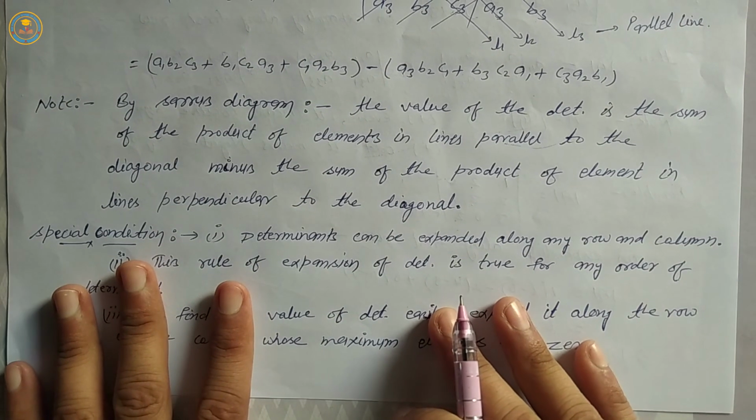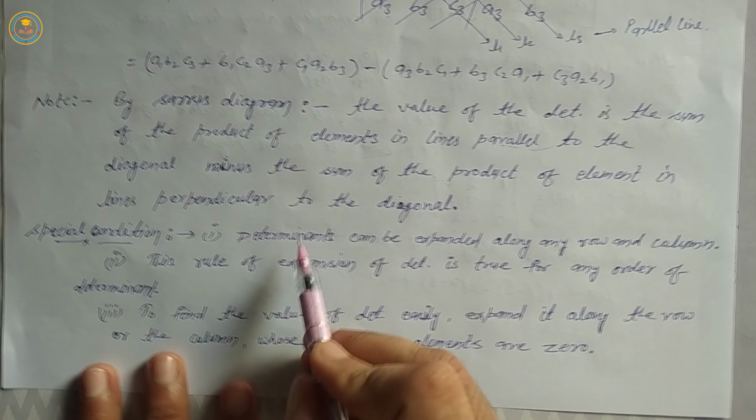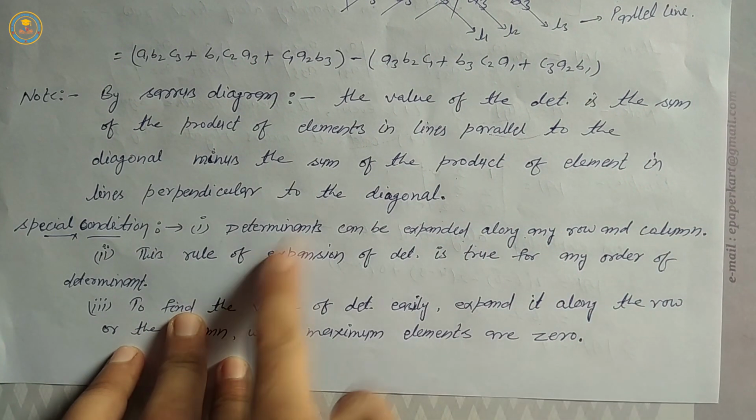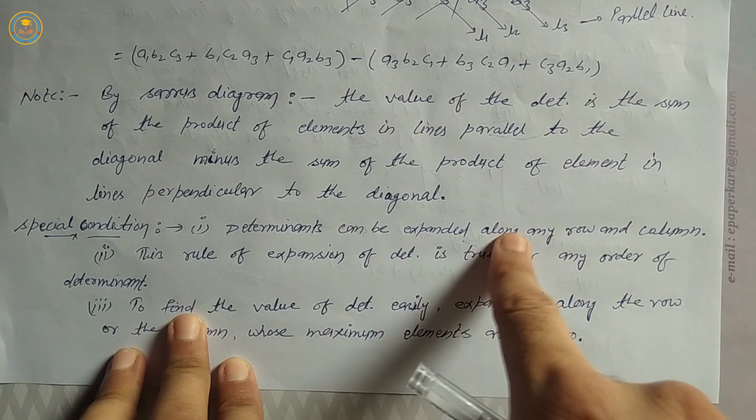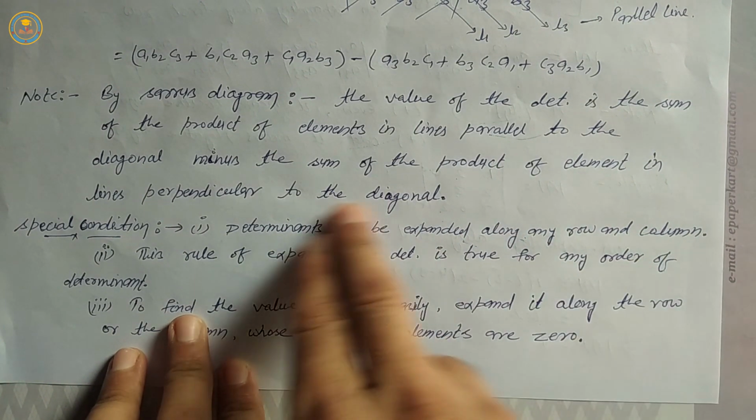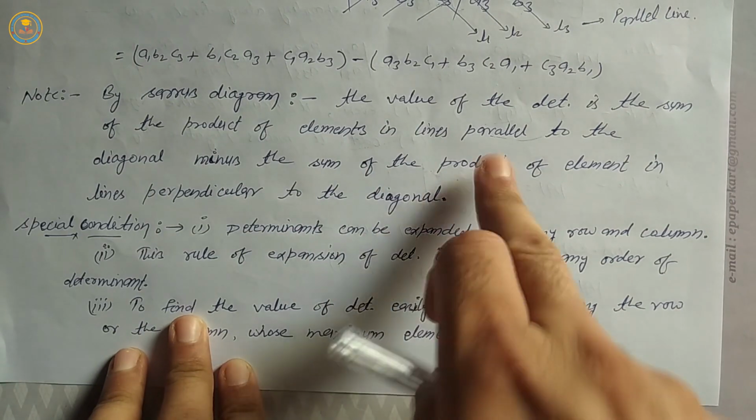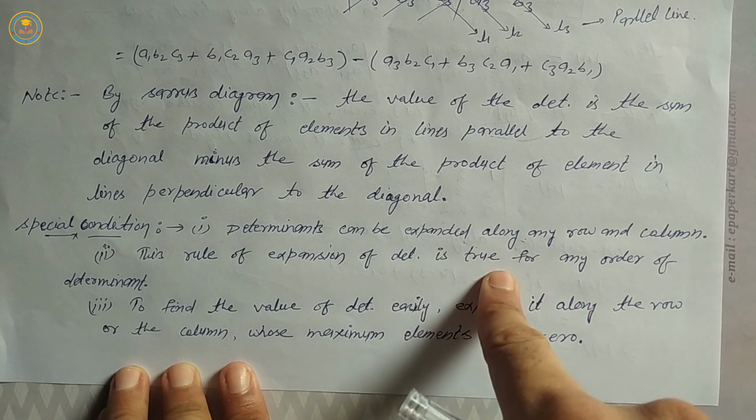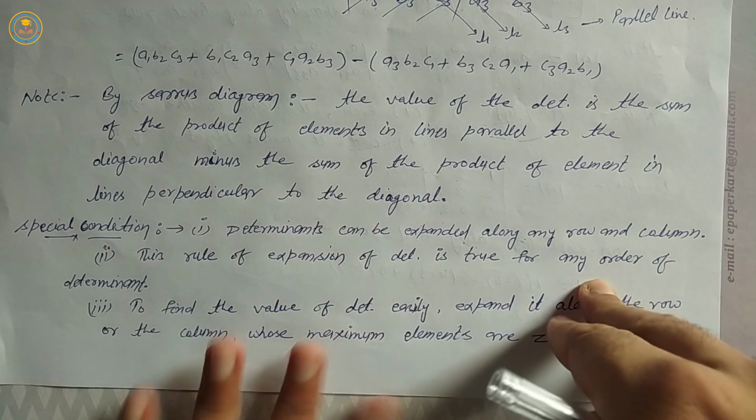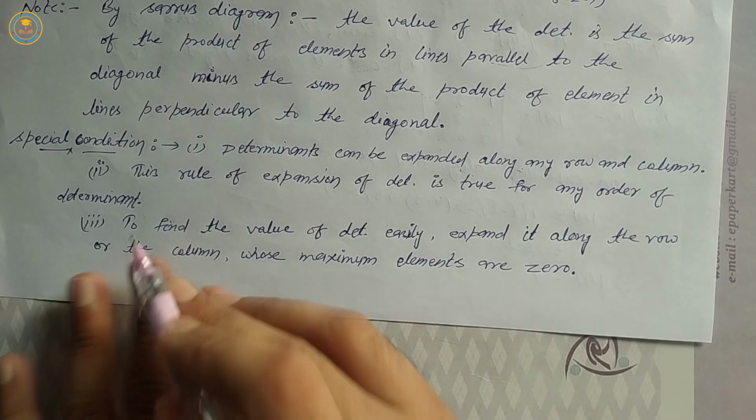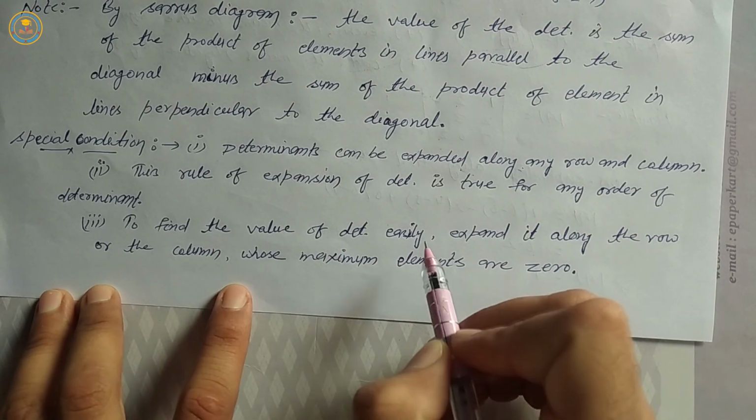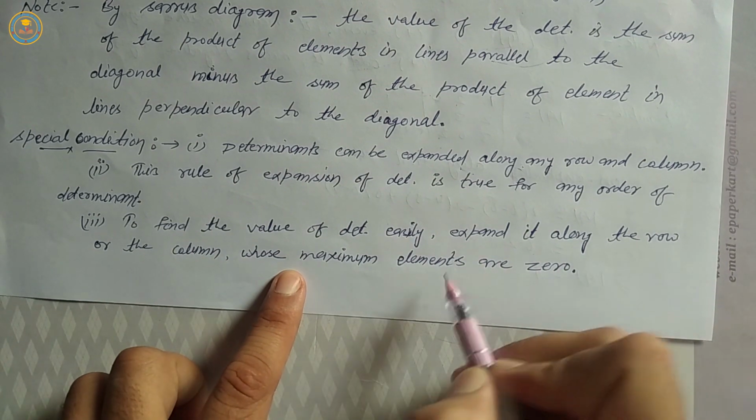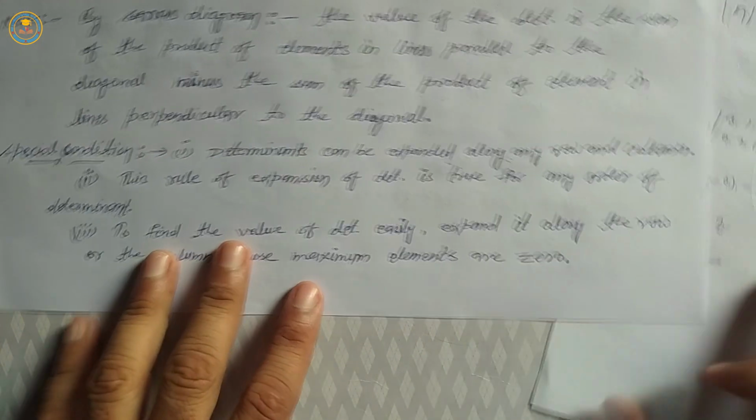Special conditions. First point: determinants can be expanded along any row and column, that is R1, R2, R3, C1, C2, C3. This rule of expansion of determinants is true for any order of determinants. And third point: to find the value of a determinant easily, expand it along the row or column whose maximum elements are 0. For example,